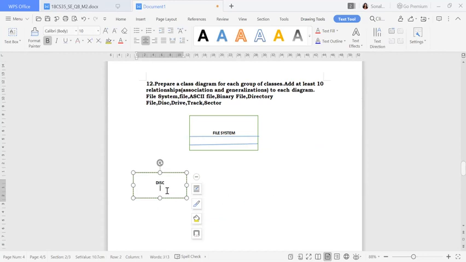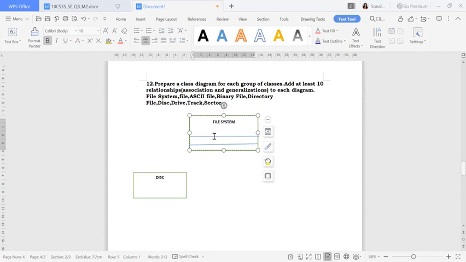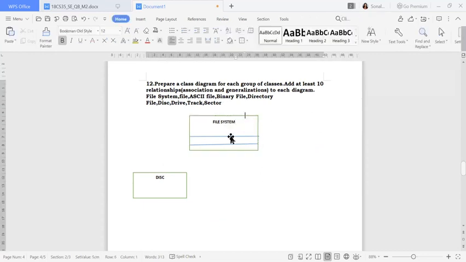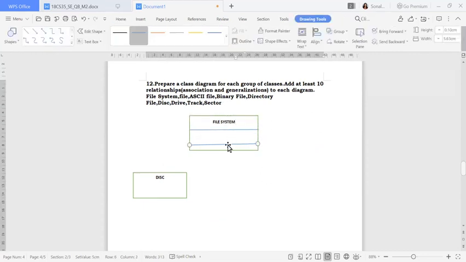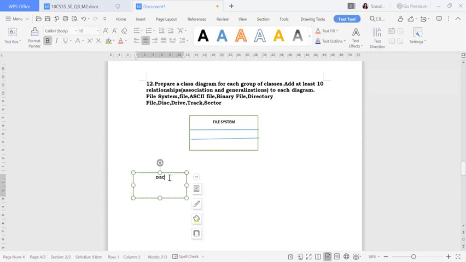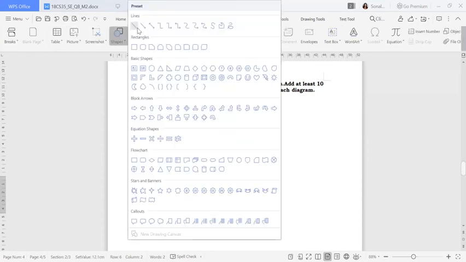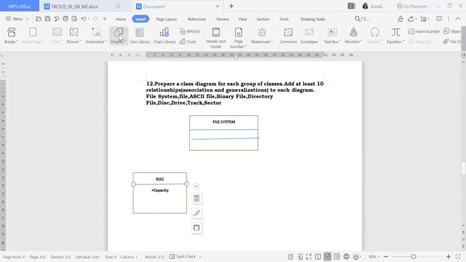Here also, if you want to add anything, you can add. I'm adding capacity over here. That is your choice what you want to add. If I want to give the divisions, I'll give them: one will be your attribute name and the second one will be your function name.